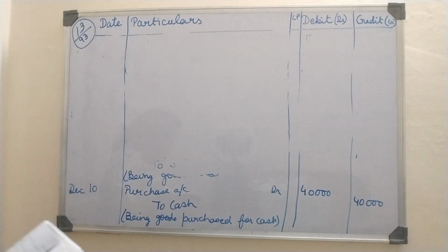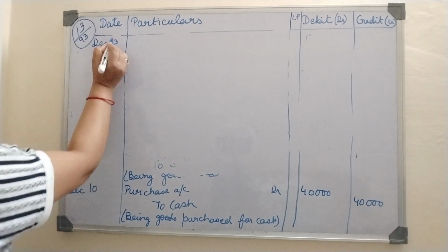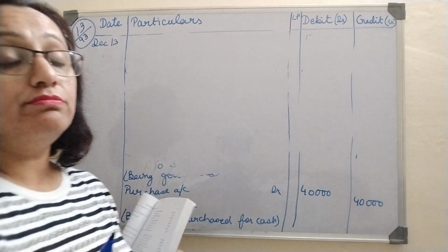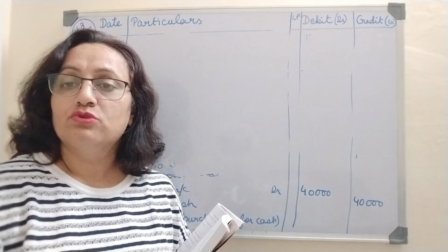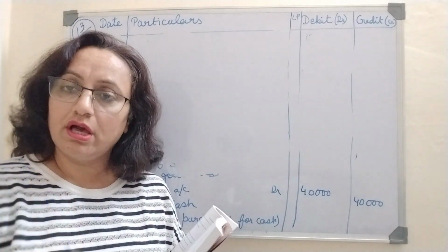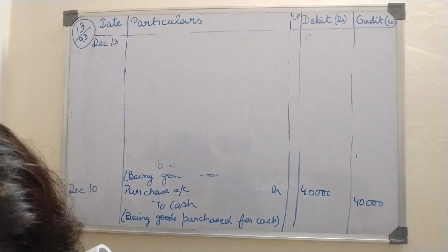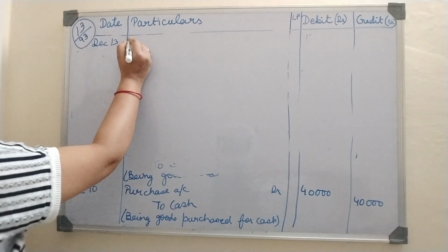December 13. So December 13, let us write down the date first. December 13 says sold goods to Suman. Now over here cash is not mentioned, means I have sold goods to Suman, but Suman has not paid me anything. So Suman's name should come, right? So who is the receiver now? So for us, the receiver is Suman. So entry will be